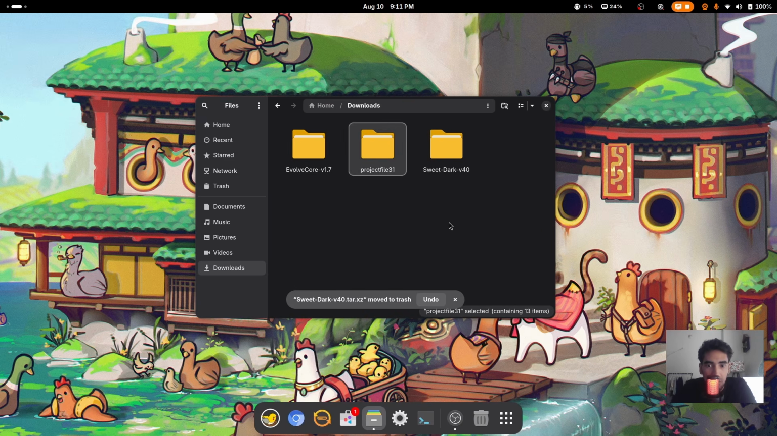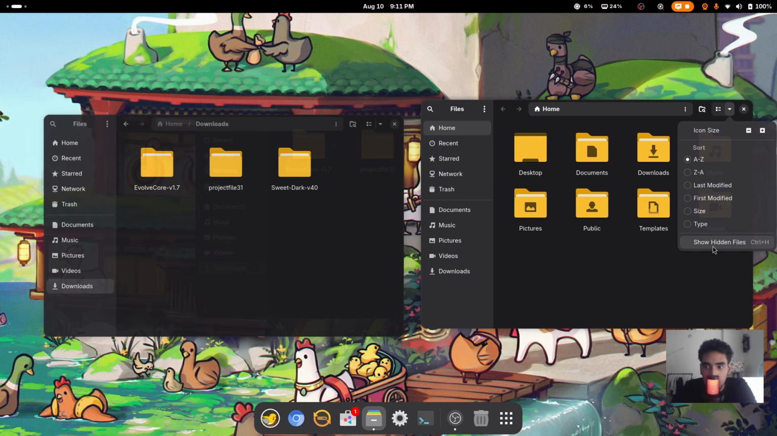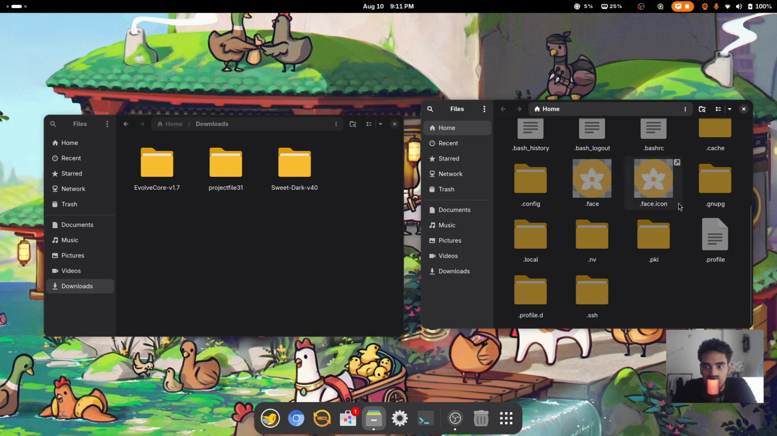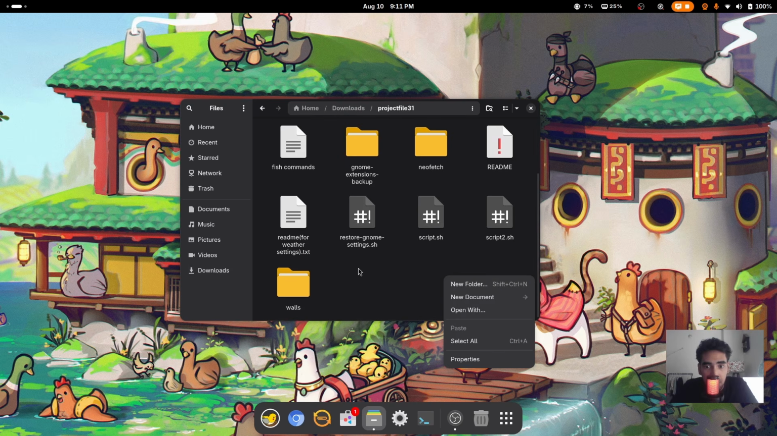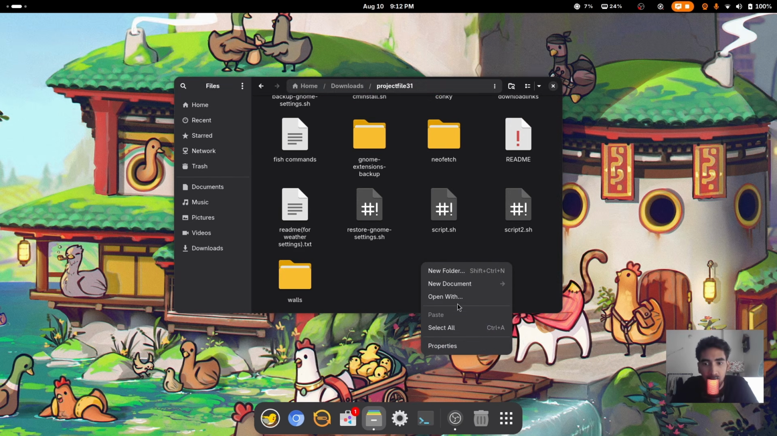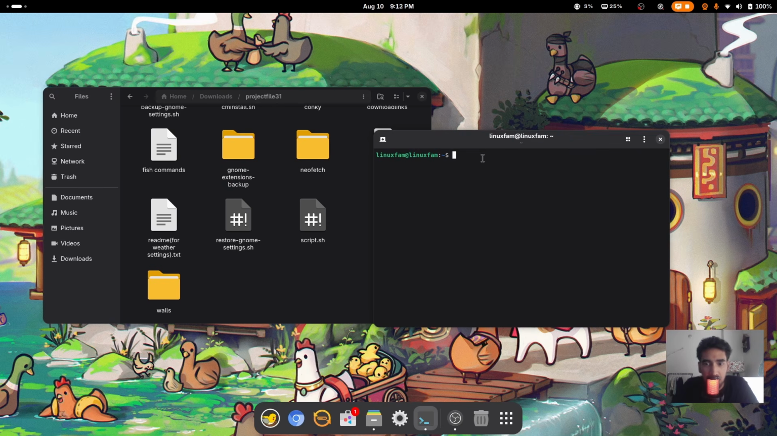Okay, so once I have extracted this, let's open up a new window and show hidden files, and scroll down, and there is no folder called .themes. So for that, let's go to downloads and go to my project file and right click on an empty space inside the project file, and you're gonna have to look for open in terminal, but as you can see that the option is missing. So to make the option visible, go to your terminal, type sudo apt install